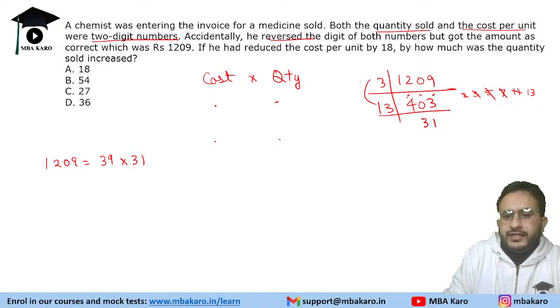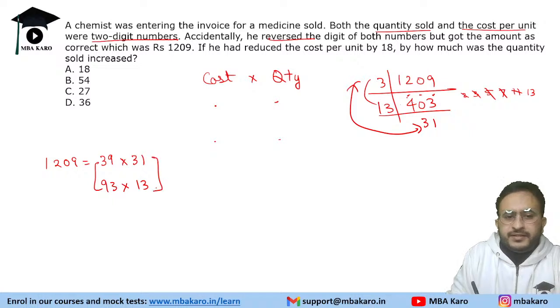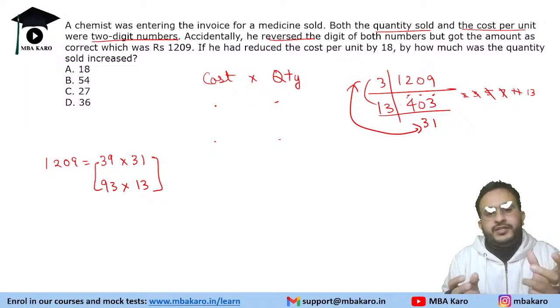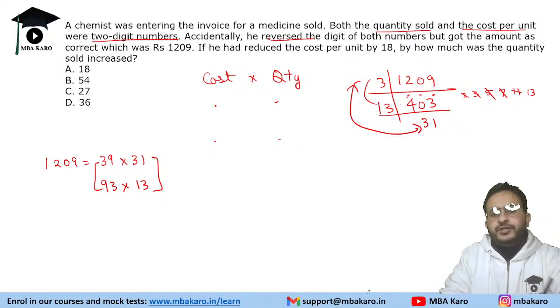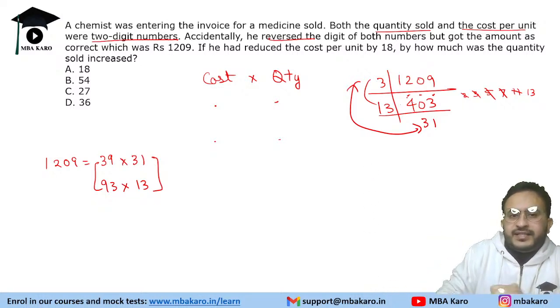And we can also write it as 3 into 31, that is 93, into 13. Isn't it the same thing, that the digits are reversed? Right? We are getting two numbers with reverse digits. So in the first case it is 39 into 31, in the other case it is 93 into 13. Right? Now the question is saying that